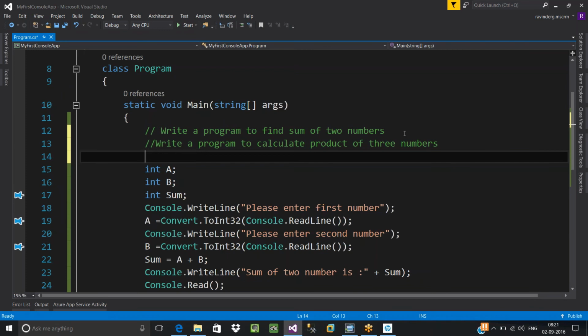Better play with both integers and floats. The numbers can be integer or float.